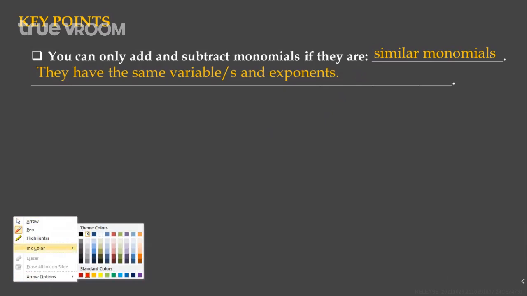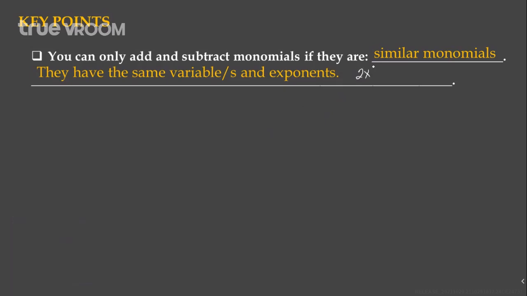2x and negative 2x. Similar monomials. 3x and negative 2x. Yes, so these two monomials are similar because they have the same variable x and the same exponent too. How about if I write here